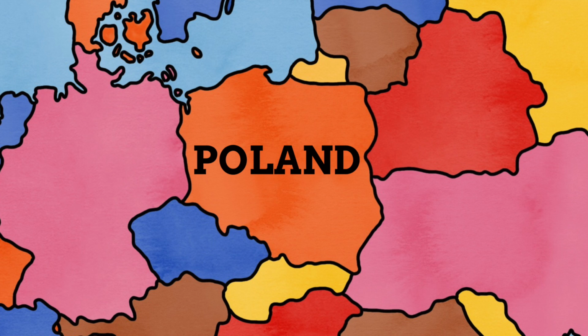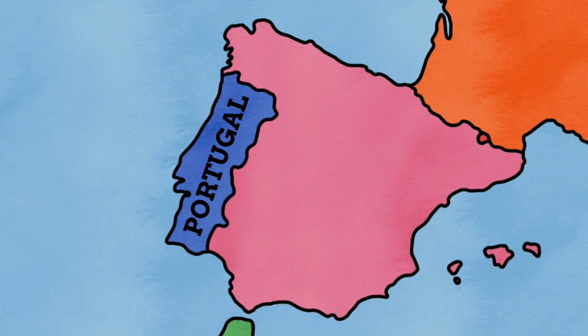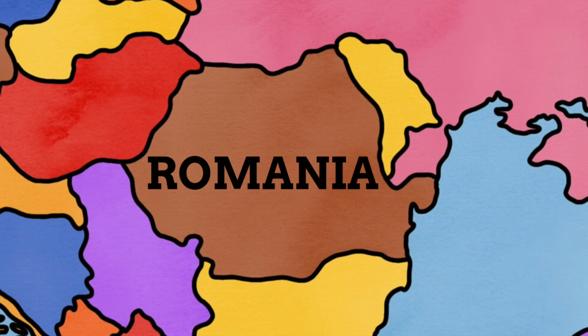Poland simply means the land of the Poles, with these people having a name that means field, I guess in relation to the fields of the nation. Portugal is a name of mixed Roman and Celtic origin. Calais was a settlement set up by the Celtic settlers, named after one of their gods, and when the Romans got there they built a port in this settlement, so they gave it the name Portus Cael. Eventually this was corrupted into Portugal as it is today,